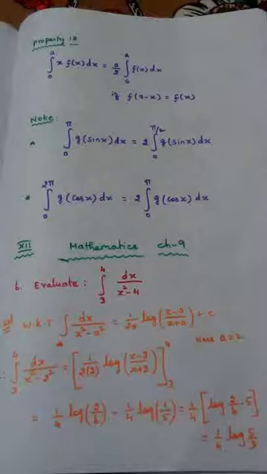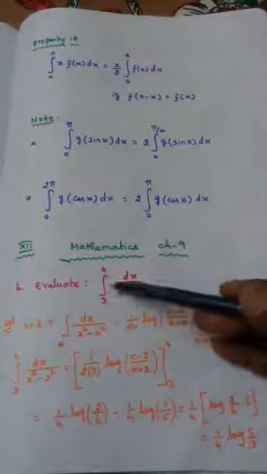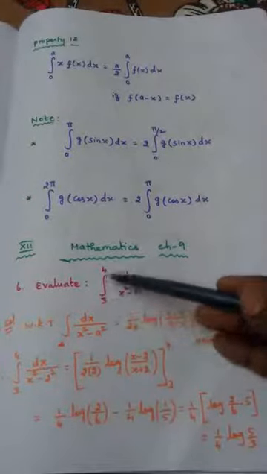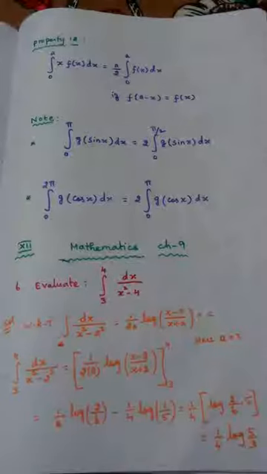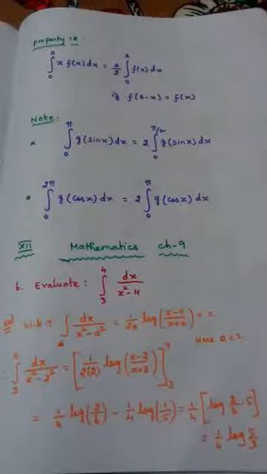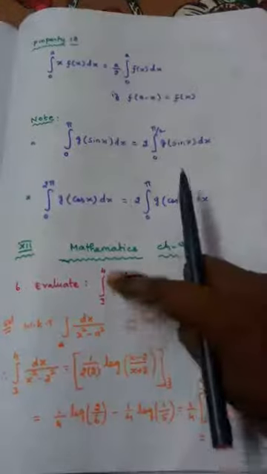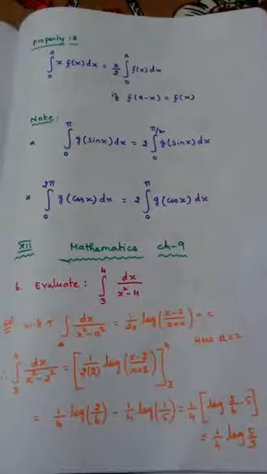You know very well, definite integral means integration within the limits. Integration without limit is called an indefinite integral. For example, if you see this problem, this is the integration within the limit 3 to 4, so this type of integral is called a definite integral. If the limits are not given, they are called indefinite integrals.